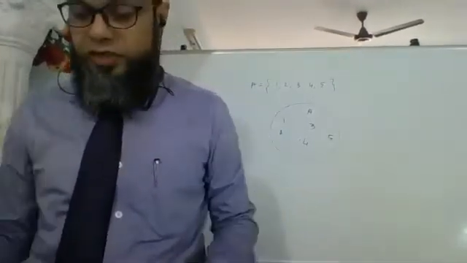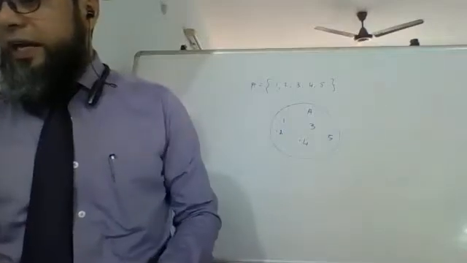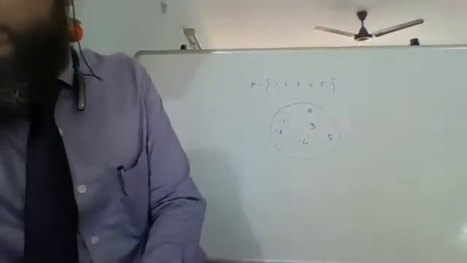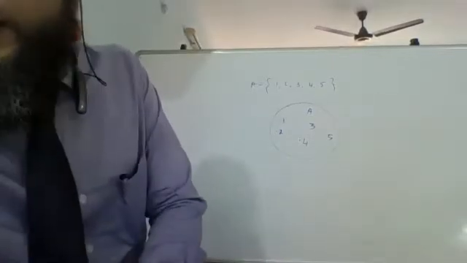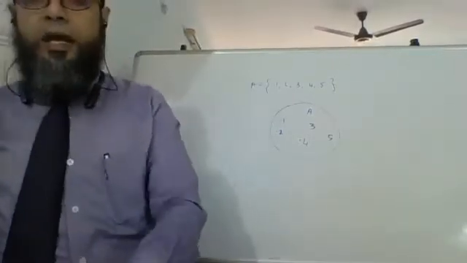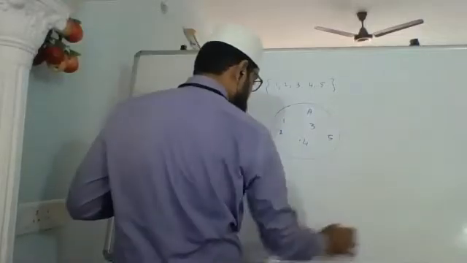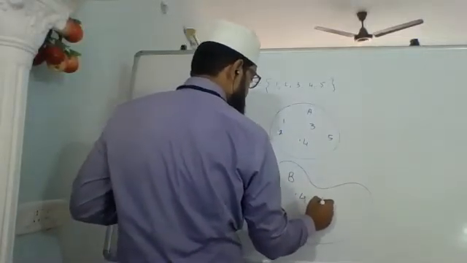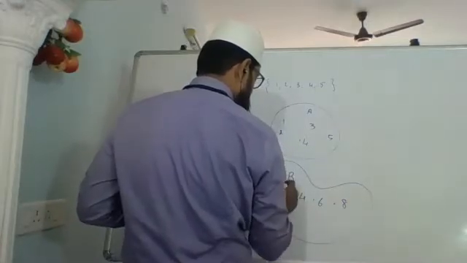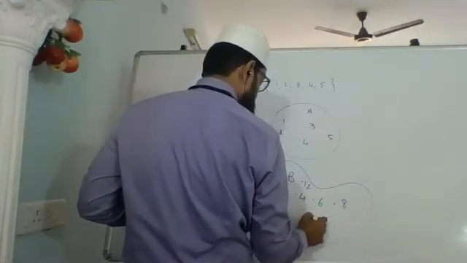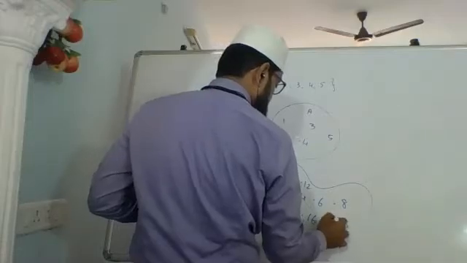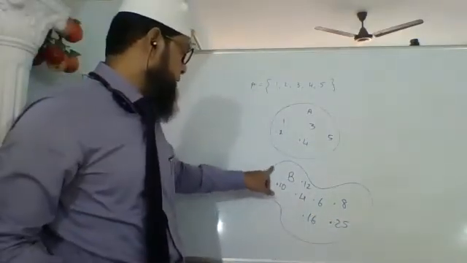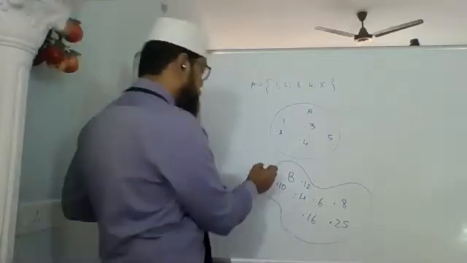Now, does a Venn diagram always have to be denoted by a circle? That's the next question that comes to mind. So no, that is not necessary. It can be any shape. You can have something like this also. You can have this also. This is also a Venn diagram. It should be closed. It should not be open anywhere like this. That is all. It should be closed.